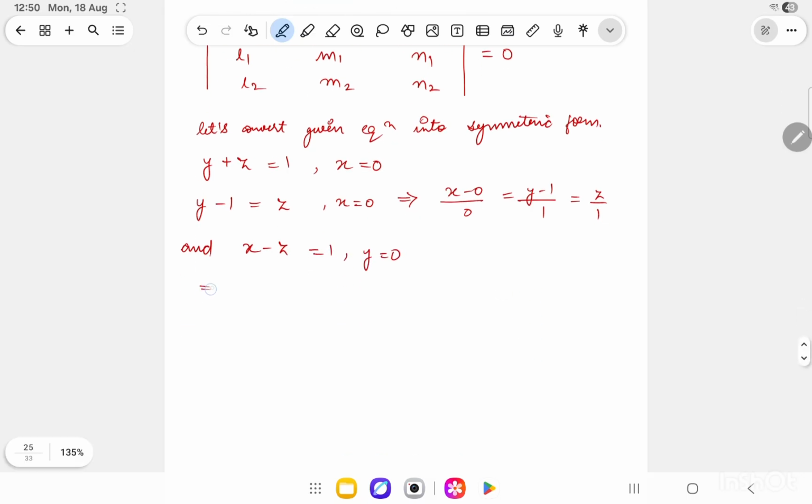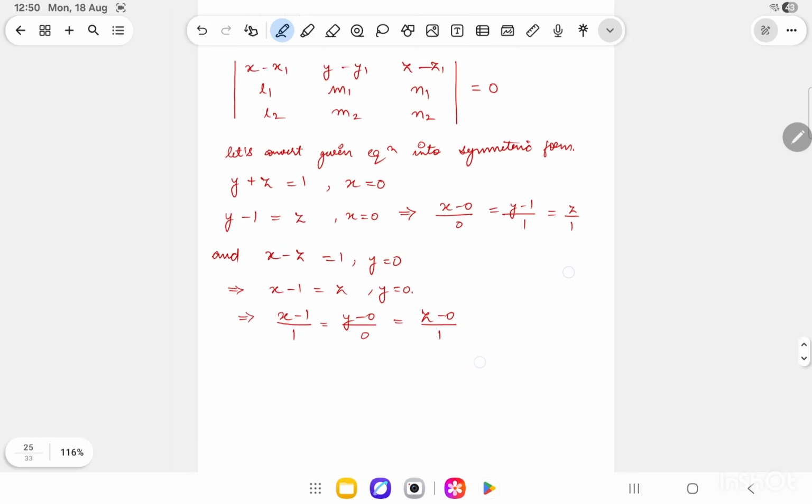If we simplify it, I'll get x minus 1 equals z, y equals 0. On further simplifying, I'll get (x minus 1)/1 equals (y minus 0)/0 equals (z minus 0)/1. So I'll just substitute these values in the above formula. So we'll get